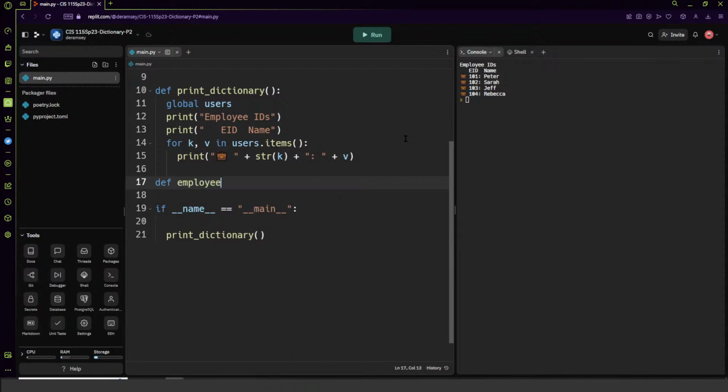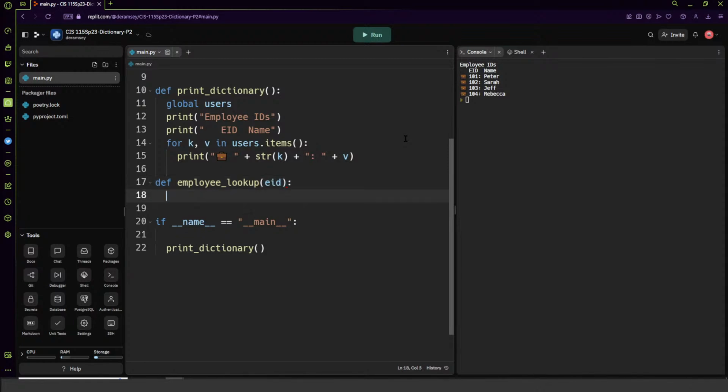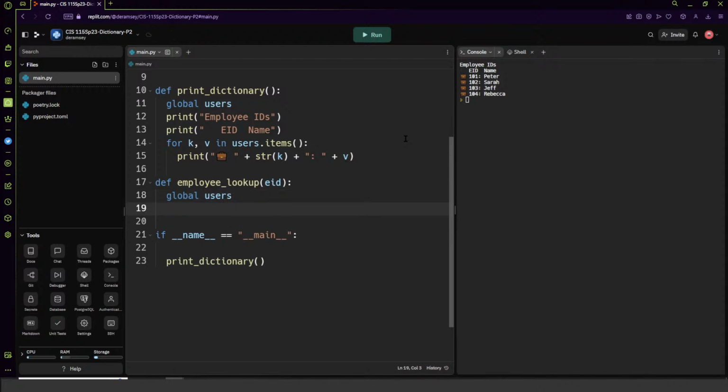employee lookup. And if I wanted to look up a specific employee number, I might take the EID in, use the global users dictionary, and simply return out users EID. Right, because that'll get me